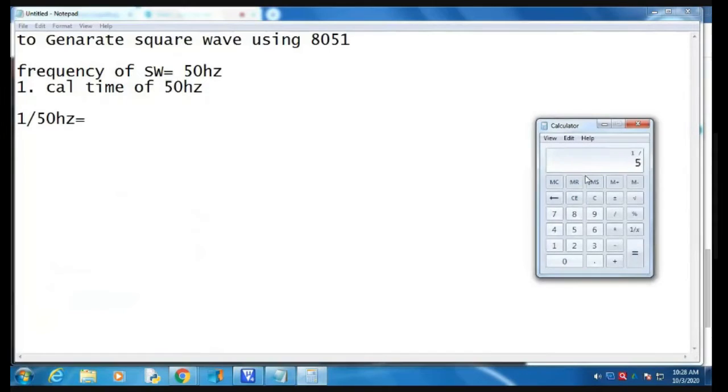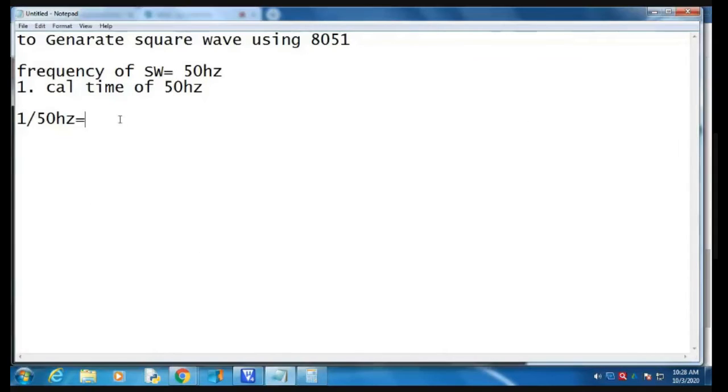1 divided by 50 is nothing but 0.02. 0.02 means what? It is considered as 20 millisecond.